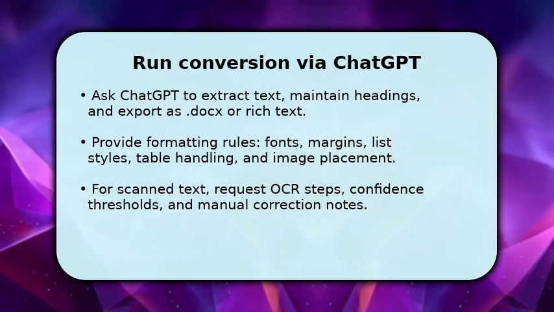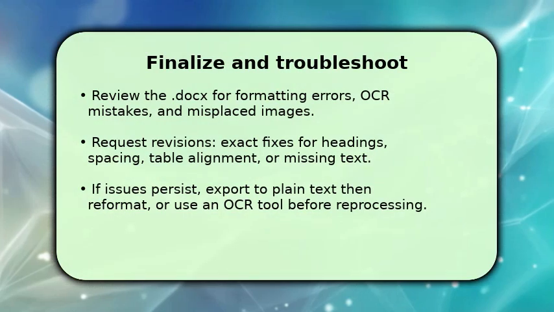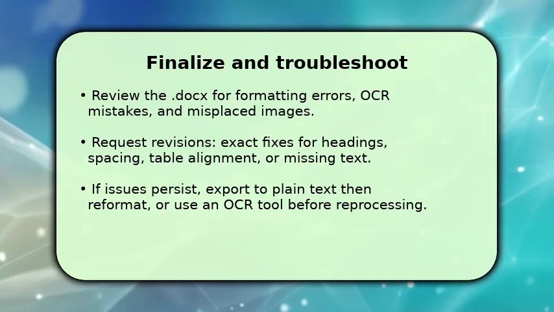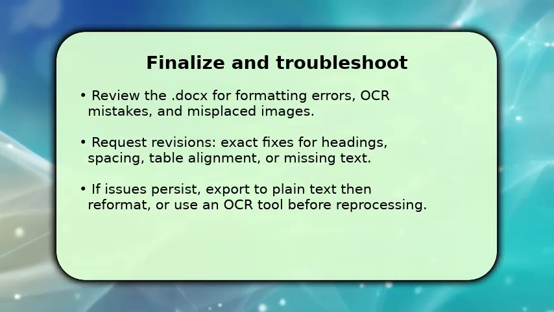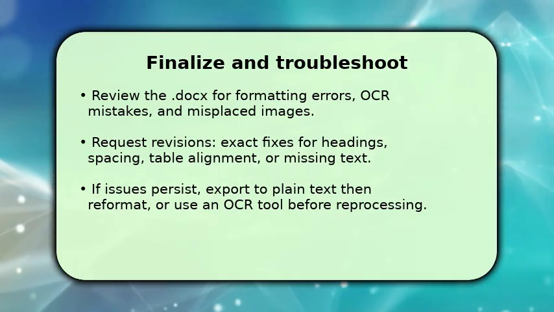Finish by downloading and inspecting the Word document. Check headings, spacing, tables, and images for alignment or OCR mistakes. If you see errors, tell ChatGPT precise fixes, for example, convert Heading 2 to H2, adjust table cell widths, or rerun